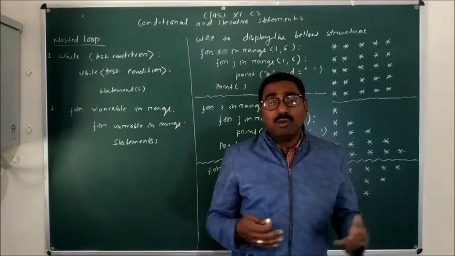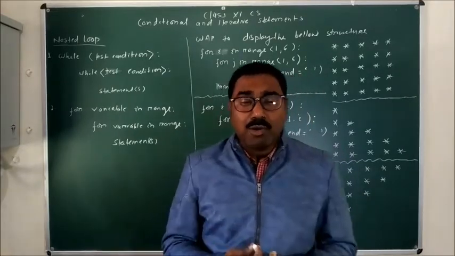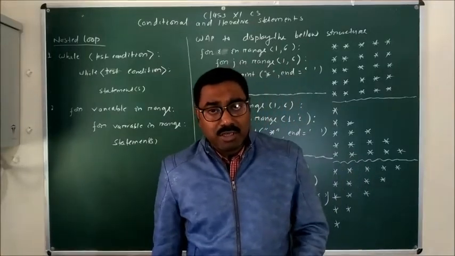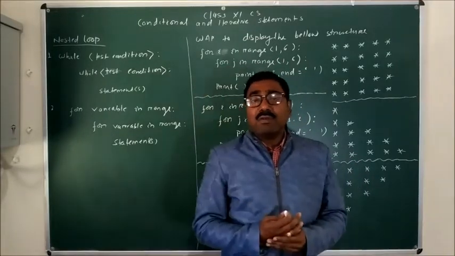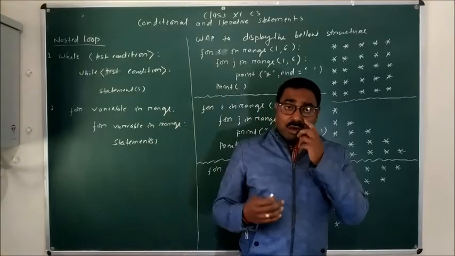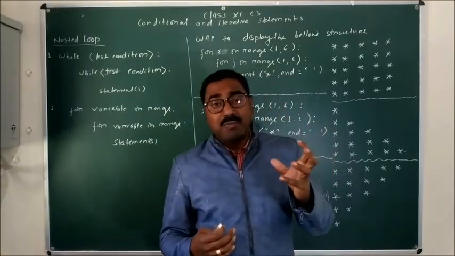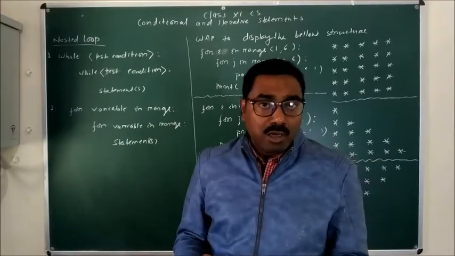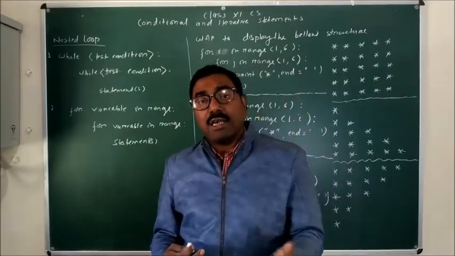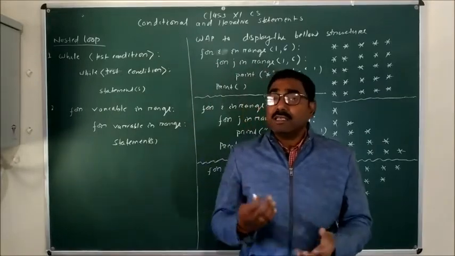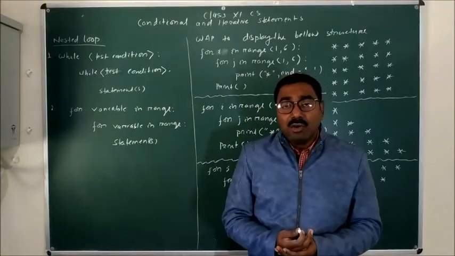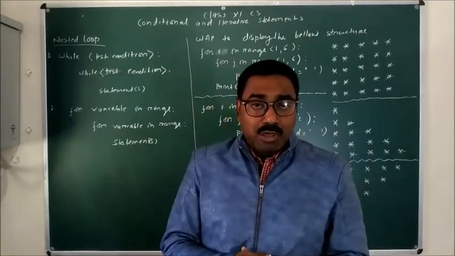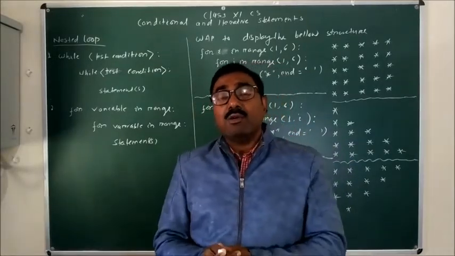Maybe both are while loops, or maybe both are for loops, or maybe one is a while and the other is a for loop statement. But in this case, when we are repeating the execution of one or more statements, you can use either a single loop or multiple loops. Using a single loop also we can repeatedly execute some instructions, or the same task can be done using multiple loops. But in the case of a nested loop, what happens?